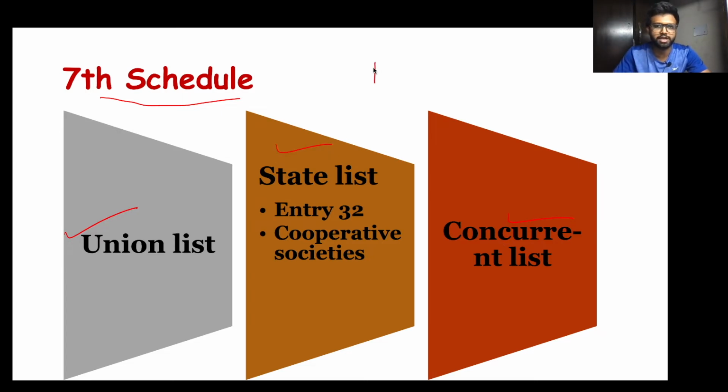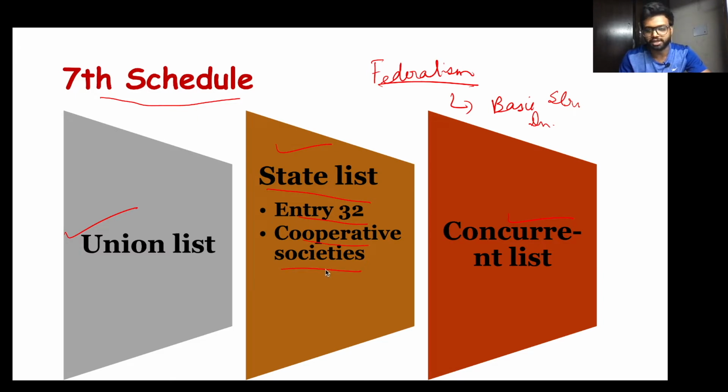So this is basically nothing but federalism, the federal structure of our constitution, which is also a basic structure doctrine. Under the state list, entry number 32 is the cooperative societies. Means our constitution says that cooperatives are under the state list. States have the power to legislate over the cooperative societies. But